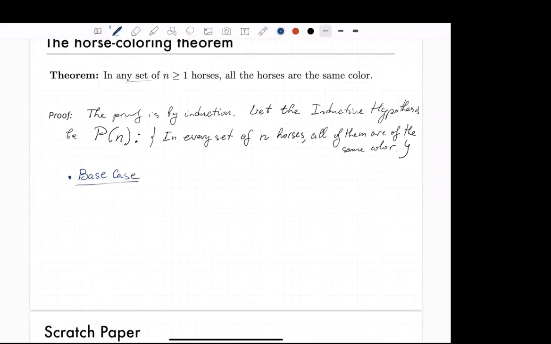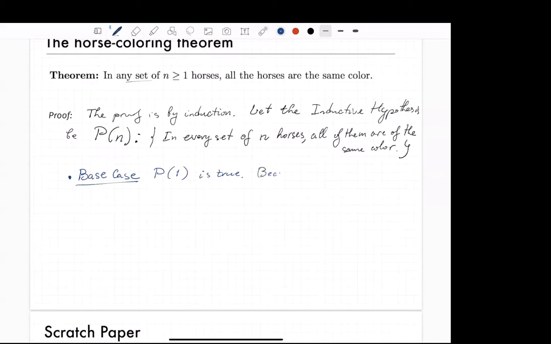The basis, what is that? I want to prove that P of 1 is true. Well, that's trivially true because you take one horse, and there's only one horse, so it is of some color. So all the horses in that set of one horse are of the same color. P1 is true